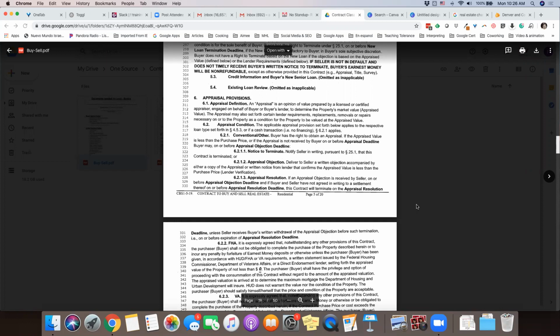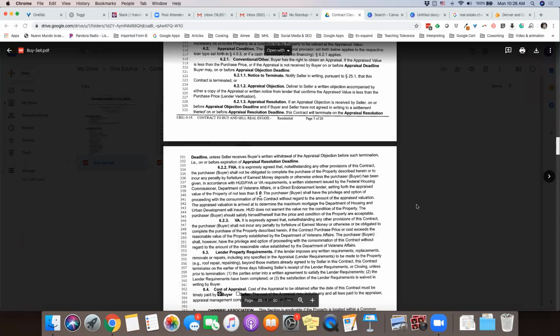You will have appraisal objections you have to resolve. You need to send the other party a copy of that objection along with a copy of the appraisal and try to resolve by dates that we'll talk about next week. Then on